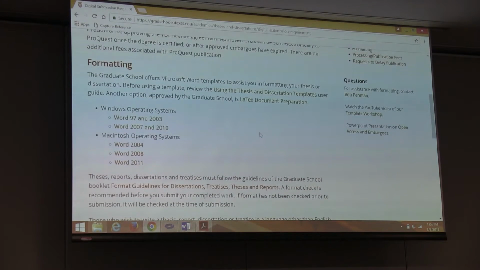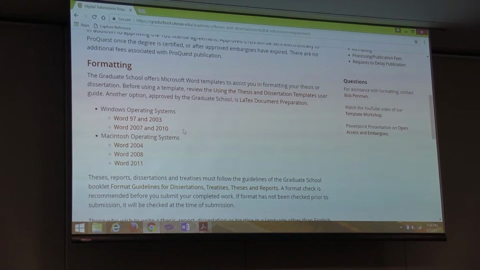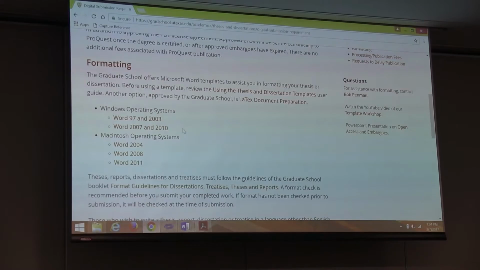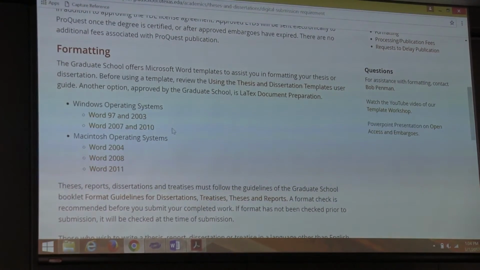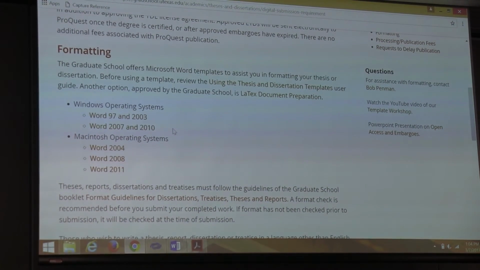So here we have different versions of the templates. Are we out of chairs? I guess we are. You can download for different versions of Word, and whether you're using a Mac or Windows. And really, you can't download a wrong one. If you download one that's not exactly set for your computer, the first time you open it, it'll say something like opening in compatibility mode, and then it'll go away. It'll be fine after that.